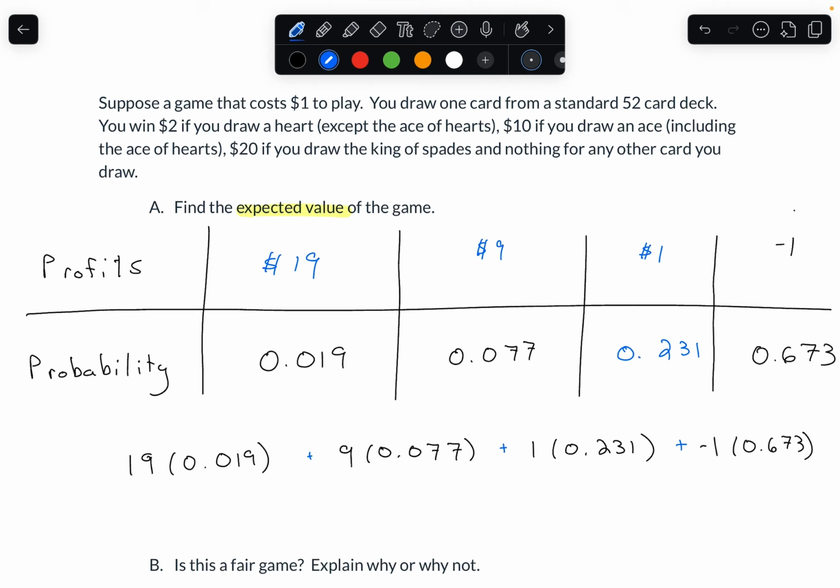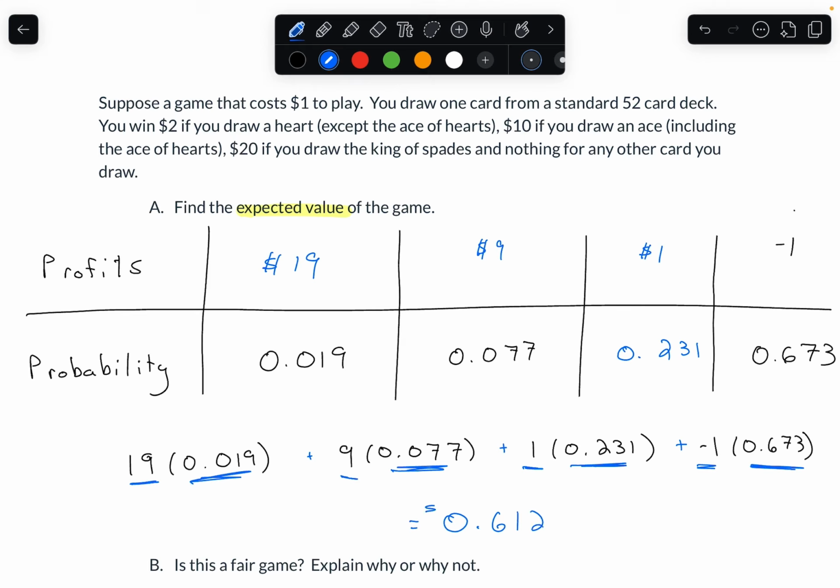So I'm just taking, again, the outcome times the probability of that outcome for every single possible case, and then I'm going to add the results together. So I'm going to grab my calculator here, 19 times 0.019 plus 9 times 0.077 plus 1 times 0.231 plus, in this case, -1 times 0.673. And I ended up with